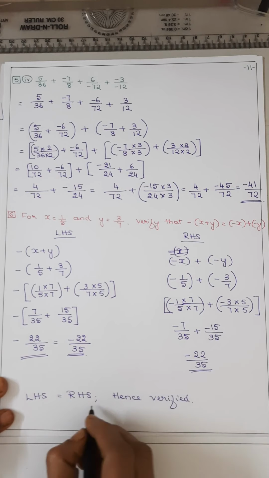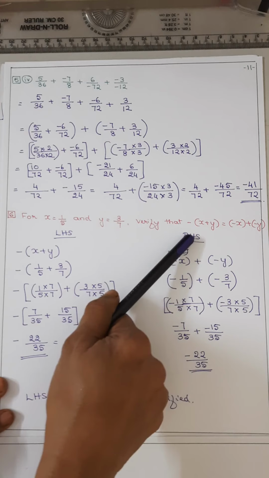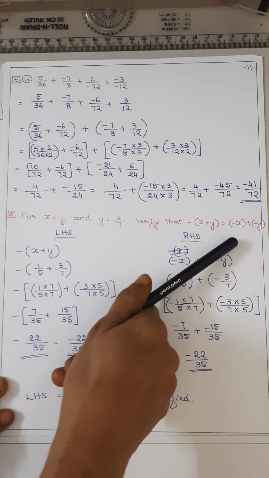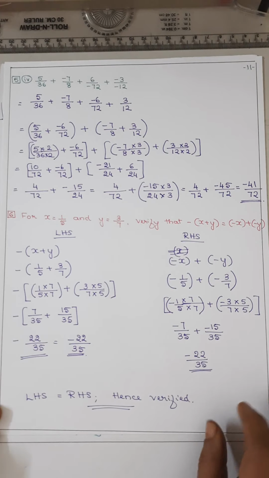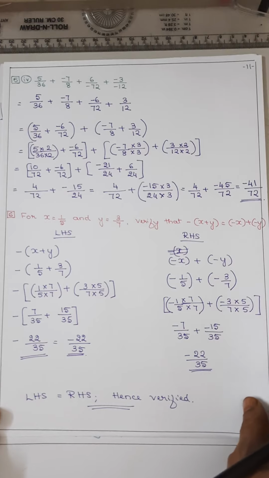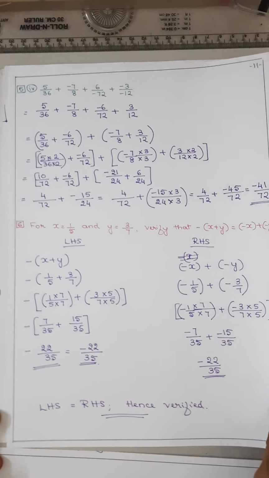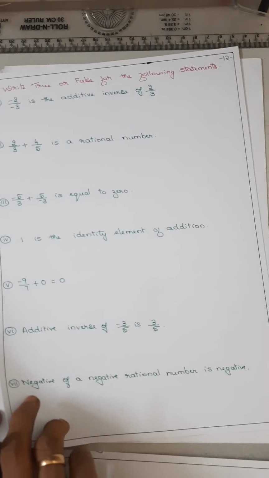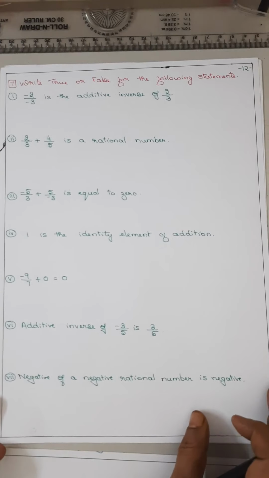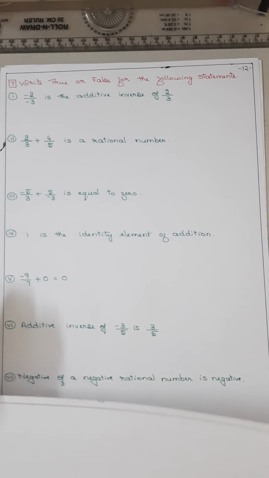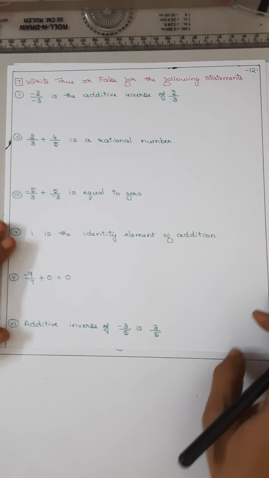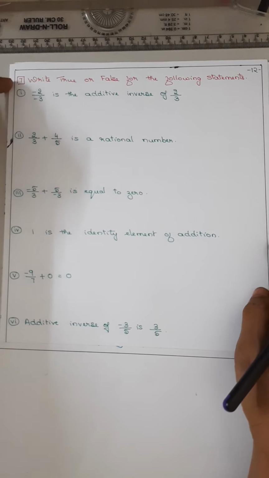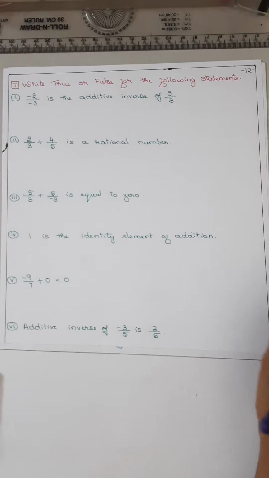You can write LHS, what is it? Minus x plus y and minus x plus minus y. Like that also you can write. Okay, LHS is equal to RHS, hence verified. So that was the question number 6. Now coming to the question number 7, it is the right, true or false. Statements are given, you have to tell whether they are true or false. Okay, first is